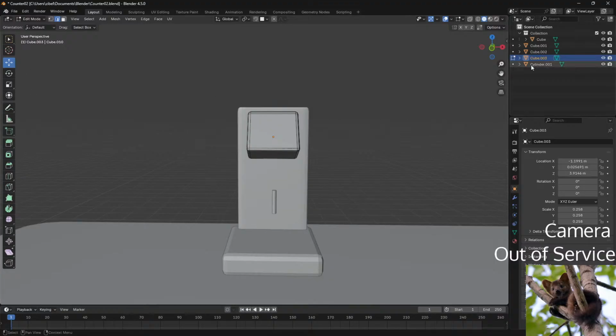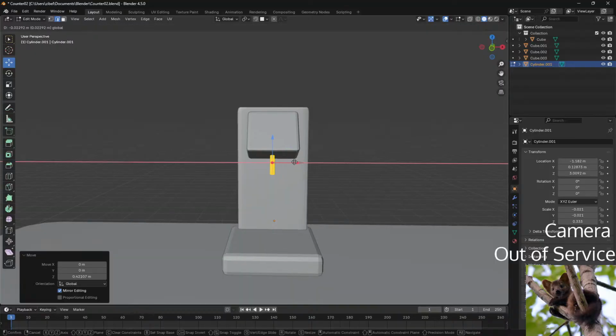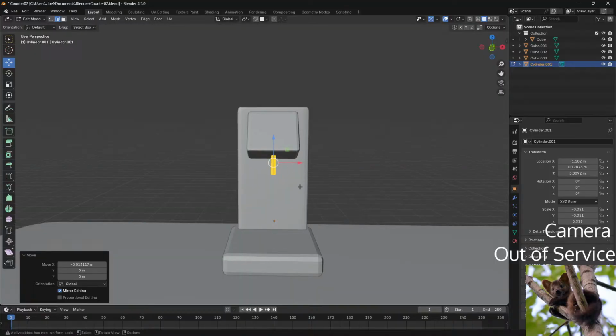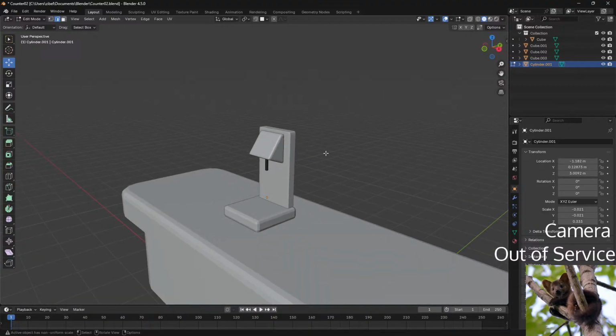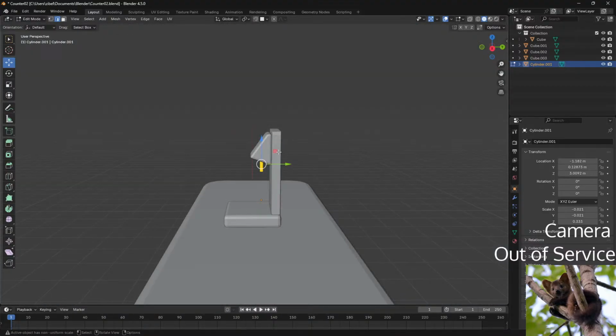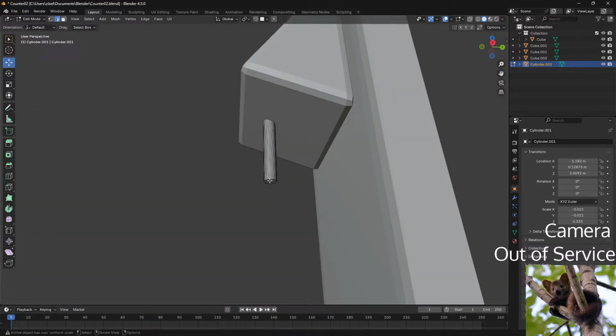And then we can bring the cylinder back. So yeah. It could be tolerable.